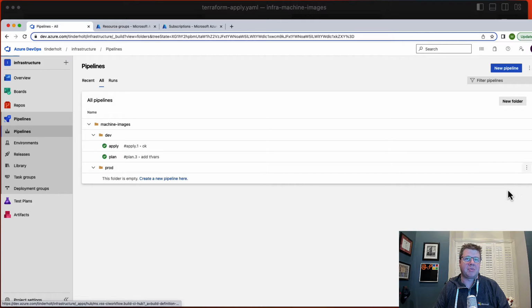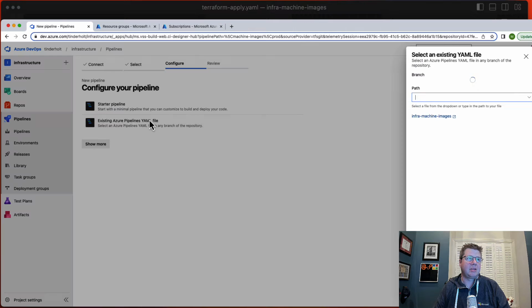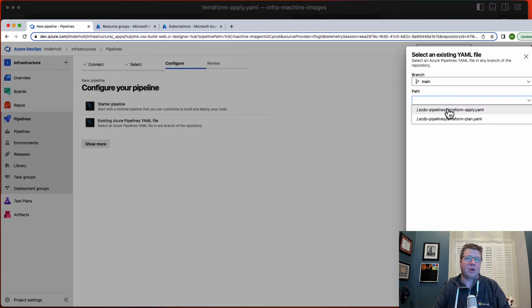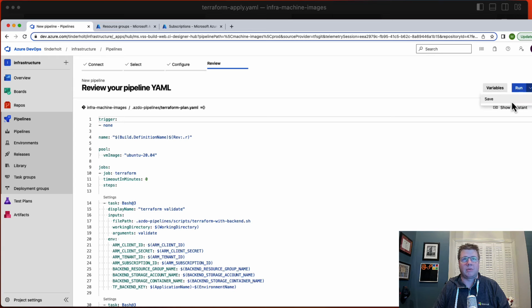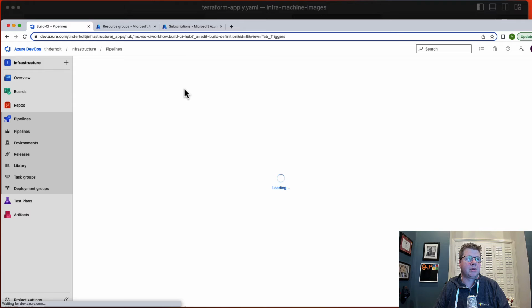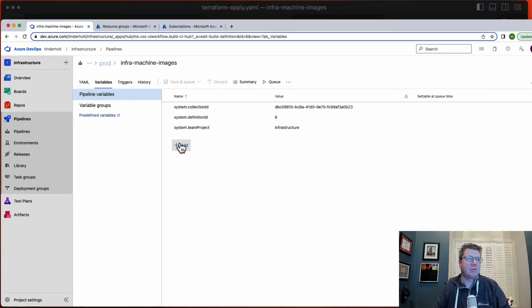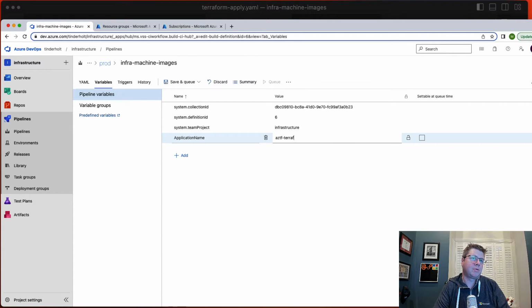create a new pipeline from this template and just go through this process again, use that same thing, go to plan. Of course, I've got to do some of this tedious UI wizardry, which is a little bit of a gag factory, but what are you going to do? Application name, AZTF machine images,